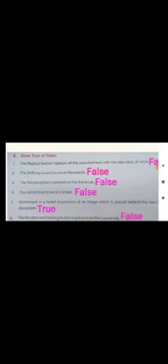Number 2, the shift key is used to cancel the search. This is also false. We press the escape key. Number 3, the picture option is present on the home tab. This is also false. It is present in the insert tab.